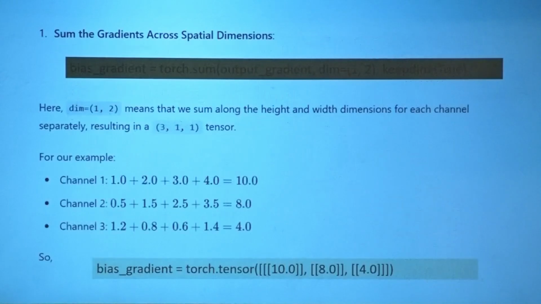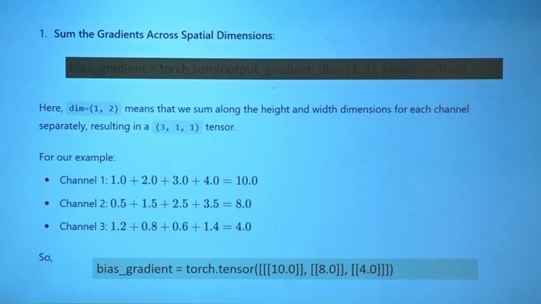That's what I showed here. For channel 1, you would get the value by summing all those 4 elements, which is 10. Next, channel 2, channel 3. Thus, keeping the channel dimension as it is, you sum up the gradient across the spatial dimensions. This will be your bias gradient. I gave you the example and I am expecting you to write the line of code which will do this job.